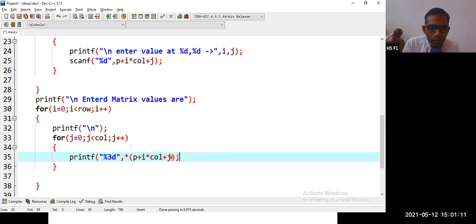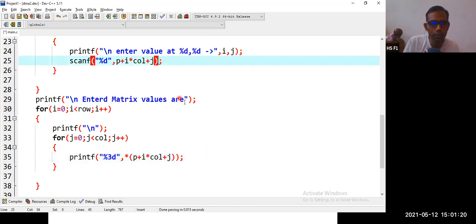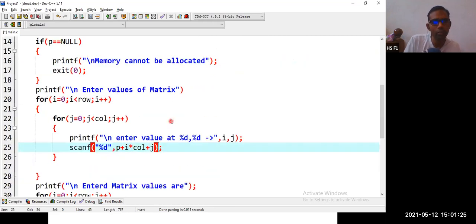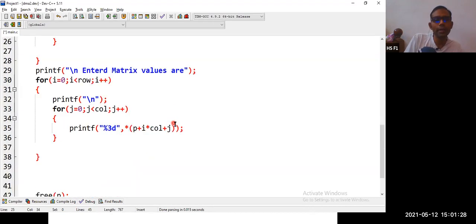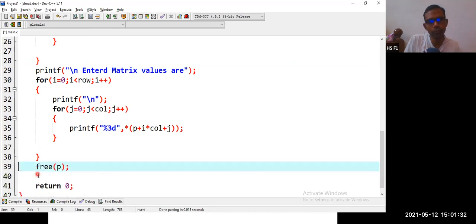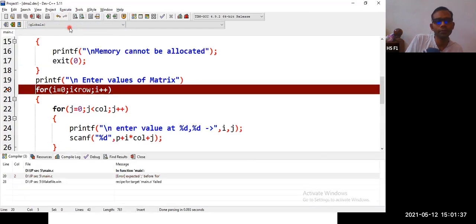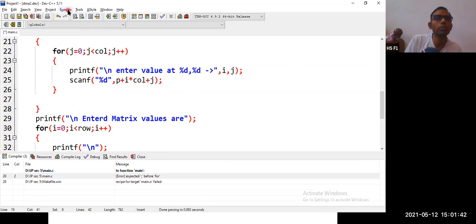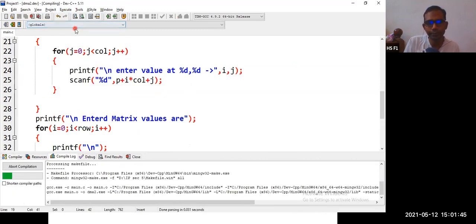So here we have a parenthesis less. Here also a parenthesis. No, that is right. Anywhere else? Where is scanf? Yeah, no issue. So let us compile and execute this program. Execute, compile and run. Here we missed a semicolon. Same with here. Execute, compile and run.